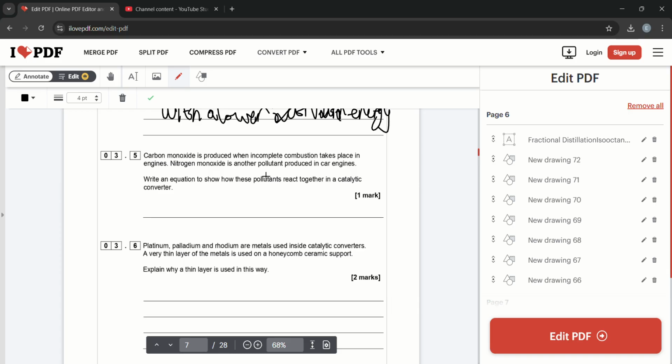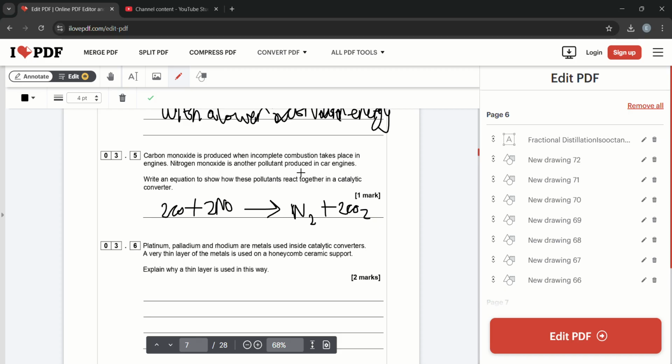Carbon dioxide is produced in complete combustion; in incomplete combustion, carbon monoxide and nitrogen monoxide, other pollutants, are produced. Write an equation for how the pollutants react together in the catalytic converter. So we've got 2CO plus 2NO to form N2 plus 2CO2. And the thing about equations is the AQA exam board, they could choose any equation